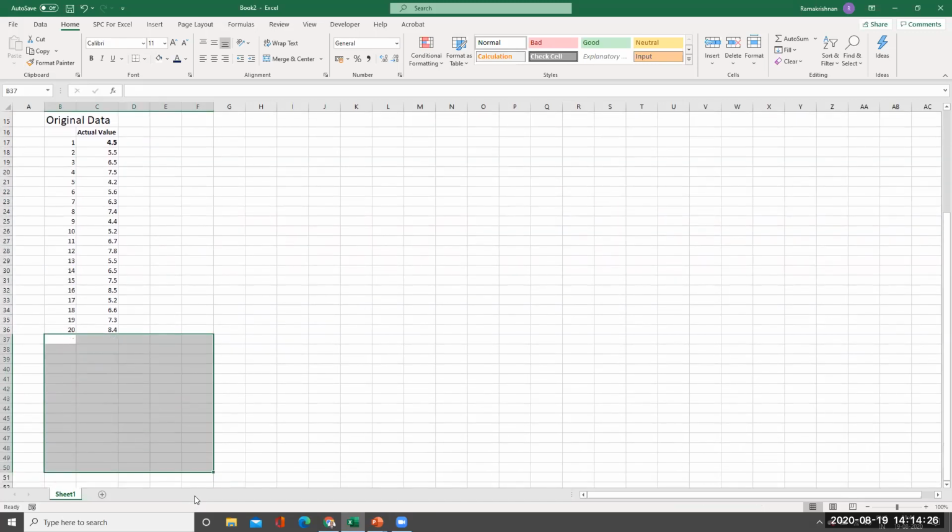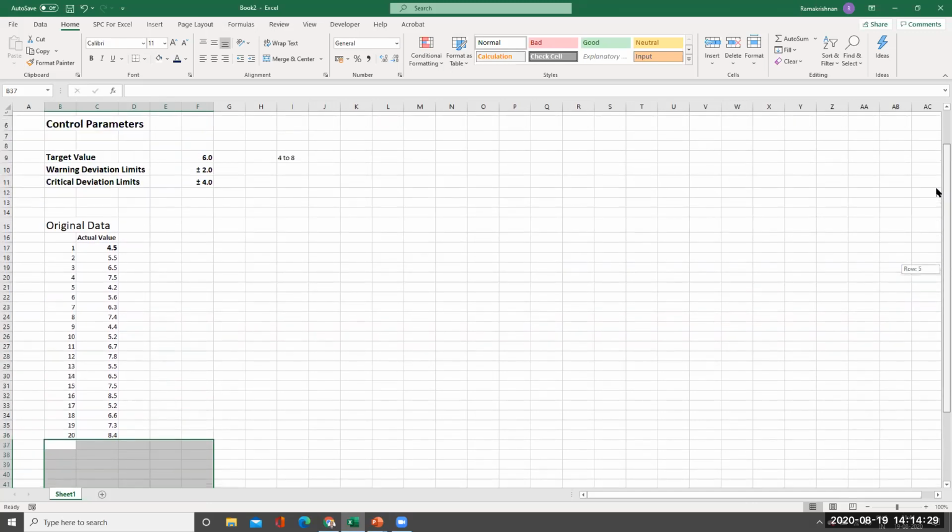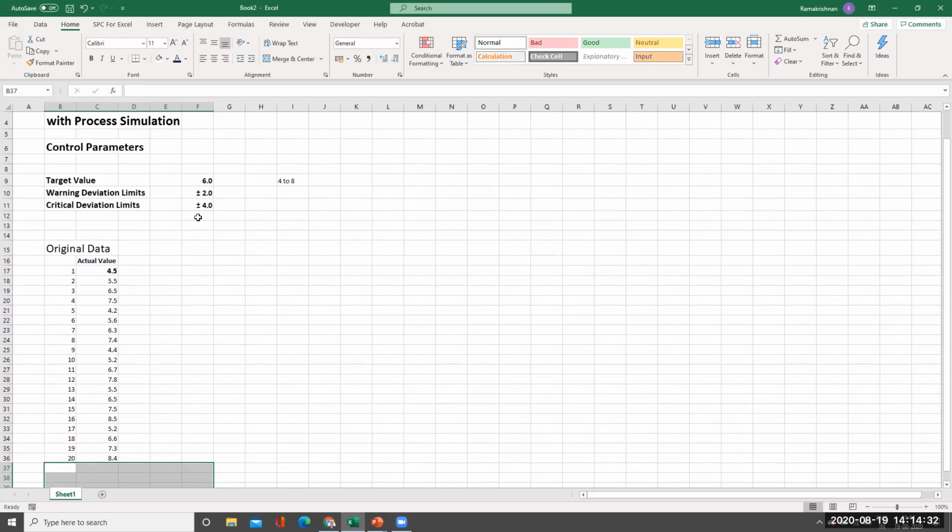20 data will do. Now I just want to have points in the warning limit as well as in the critical limits. So I will take 18 point as 11, so that it will be falling on the critical point. And then above 6 minus 2 is 4, no? So I'll put it as 3.2 like that. So I'll make it as 3.6. And then I'll make it as 8.6, 8.4 or something like that. And then again 3.8. So I have made 2 points in the warning limits and 1 point in the critical limit here.